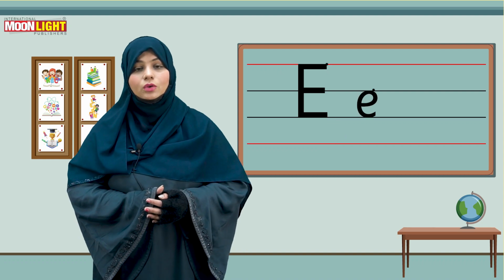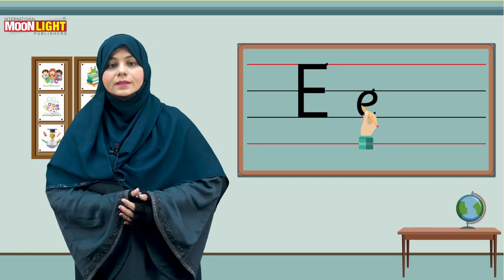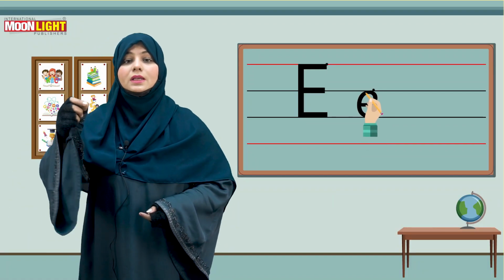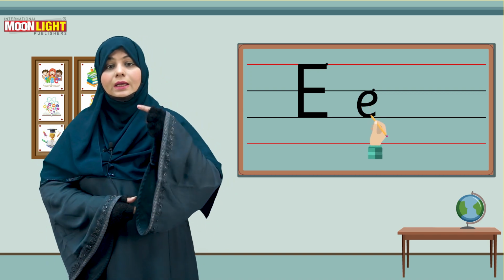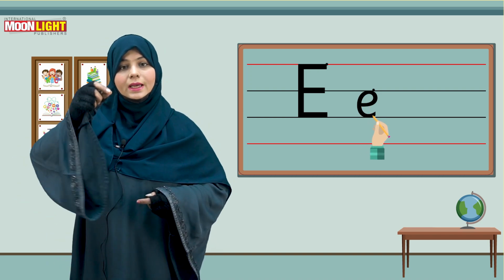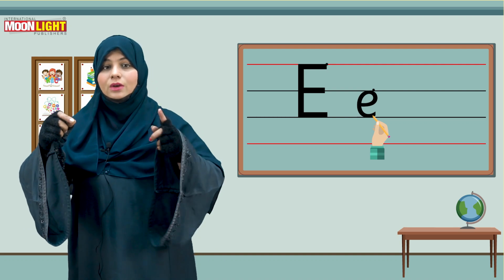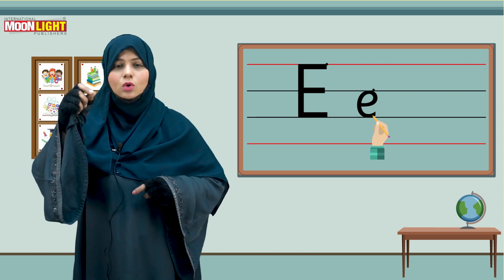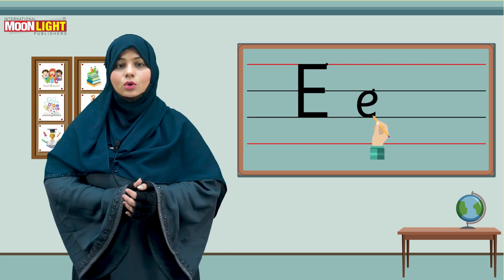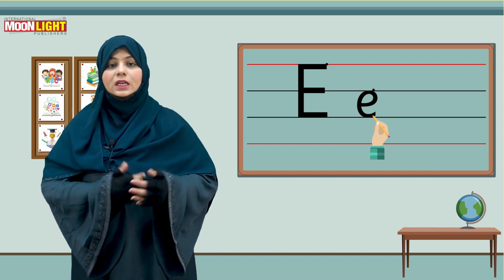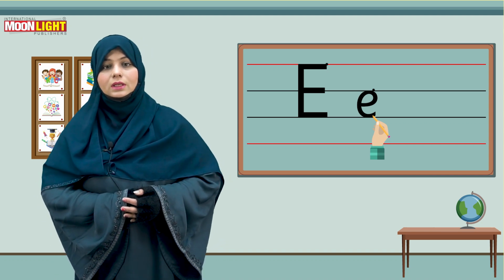Now this is turn of small letter E. Okay kids, now make a half circle in center 2 line. You have to follow the black dot. Small line in center 2 line, small half circle in center 2 line and make a small curve in center of half circle. Yes, it will become small letter E.